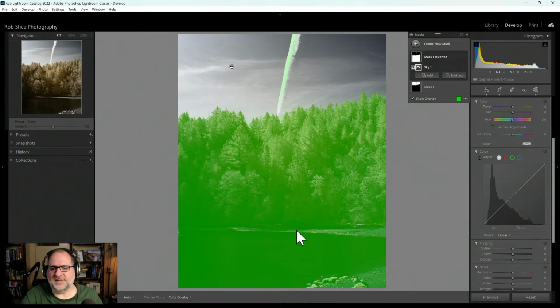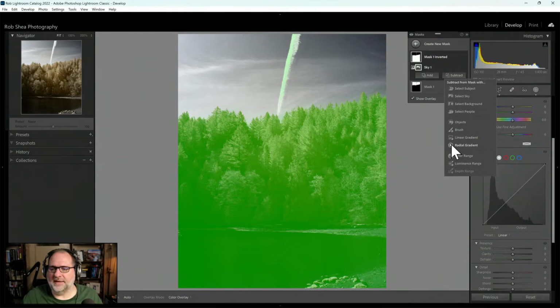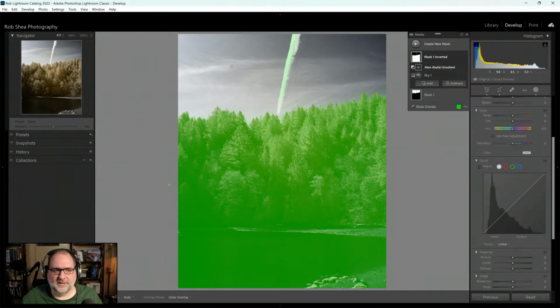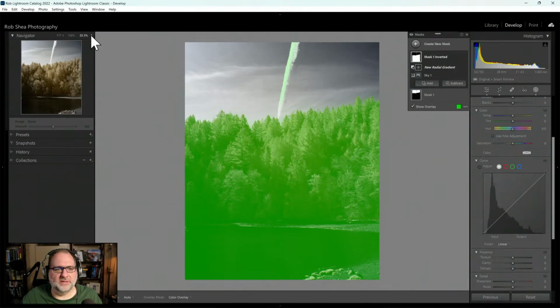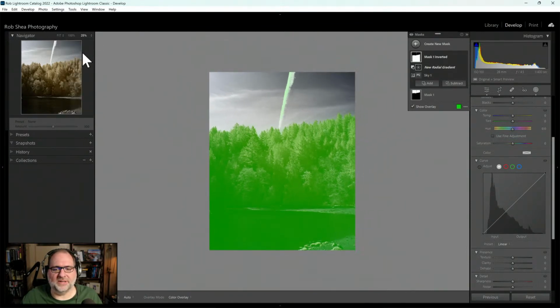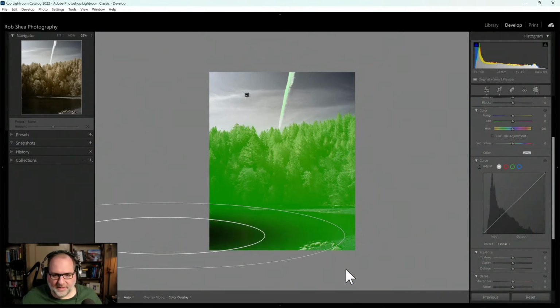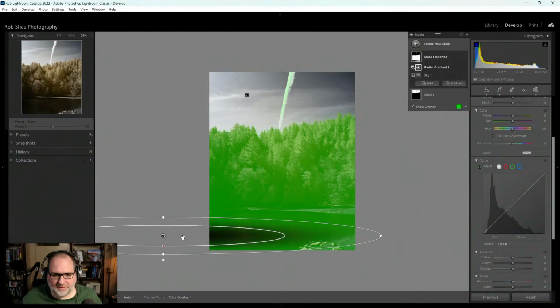Let's say I wanted to separate out and just focus on the trees here. I could do a subtraction and a radial gradient. And let me zoom out a little bit. So we're going to try something different here. I want to cut out the lake, if you will. And so I could come down here with a subtracted radial gradient, and I could do something like this and